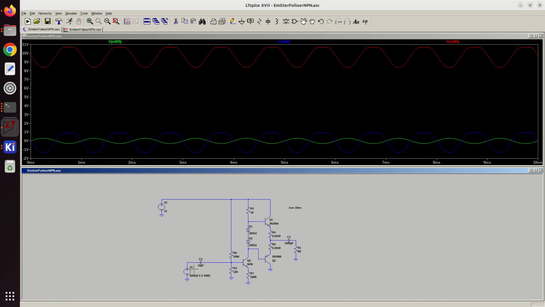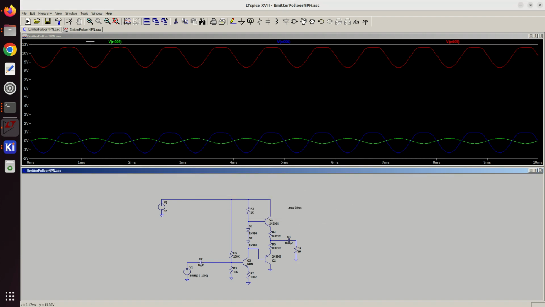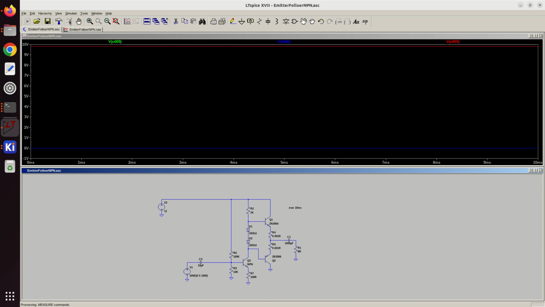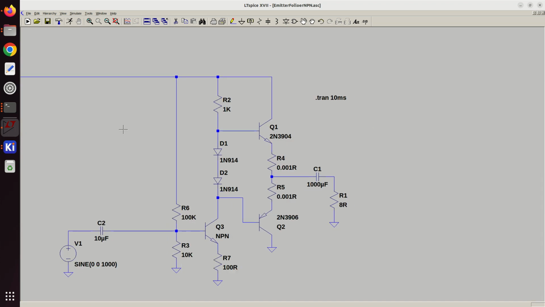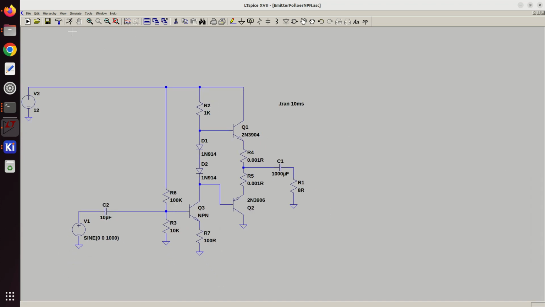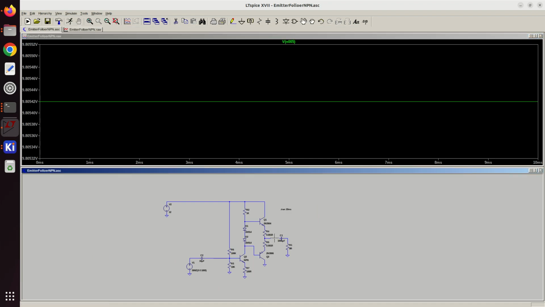Again, let's do this at 0 amplitude so we can just look at the DC. There's probably people crying out there now because of the way I'm doing this, but it's more to get the principle of how this works. As you can probably tell, I'm definitely not an expert on LTspice, but I know enough to be dangerous. So we want to look at our voltage here. So that's 10 volts. So that's too high,